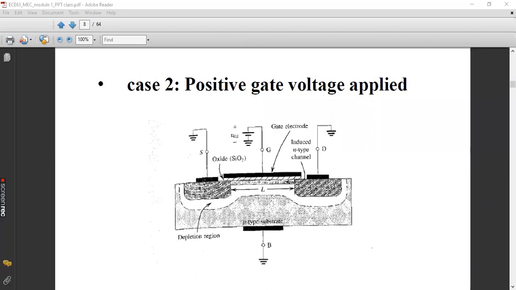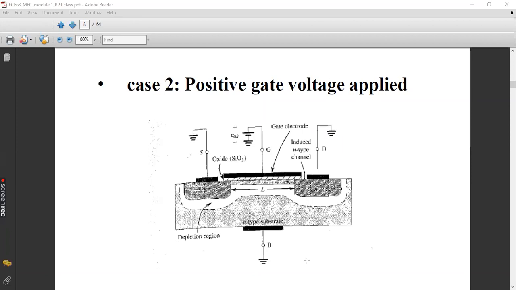That is, to the gate terminal you have applied the positive voltage, because of which the electrons get attracted and form an N channel, through which the conduction of electrons will happen. Again, please be aware that only the channel has been induced, but there is no current flow as of now.